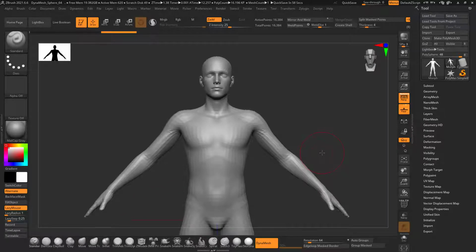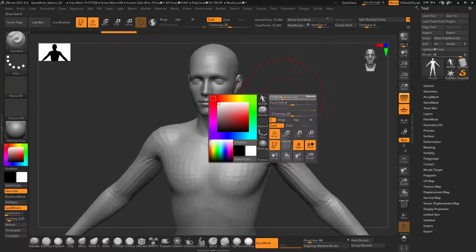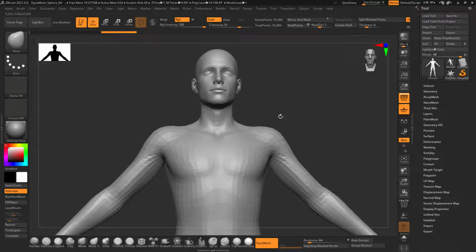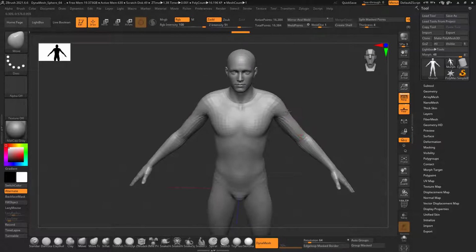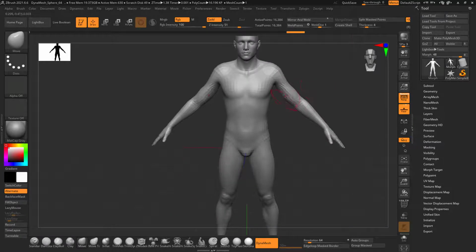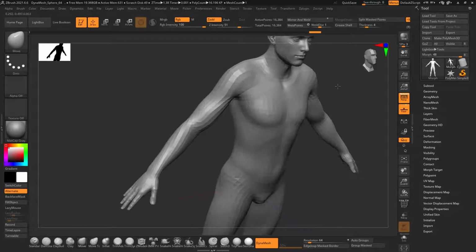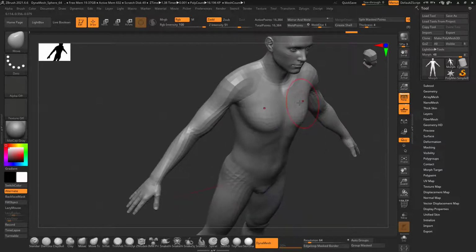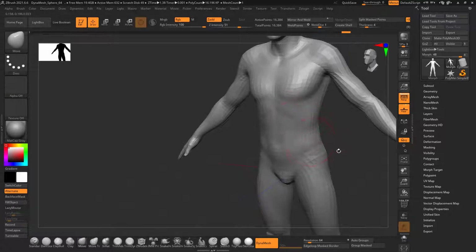Now quickly I'm going to add the deformations. I will just modify as I want. My symmetry is turned on, so make sure that your symmetry is on. Now I can just change the proportion. You can make it more muscular. Actually you can do all these things in Daz 3D as well, but if you want to add some custom things, then it comes very handy to work in ZBrush.